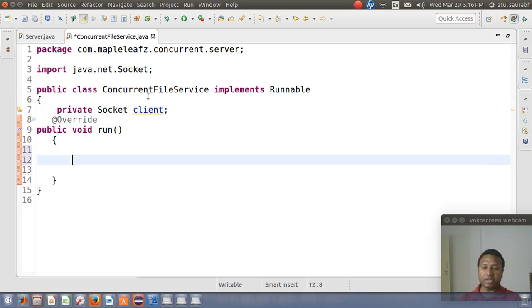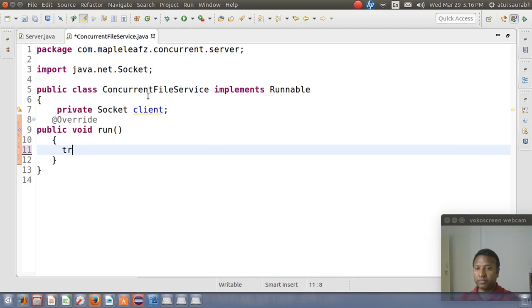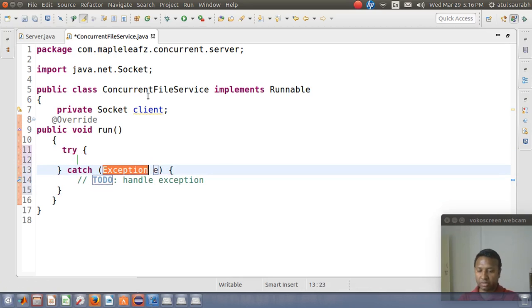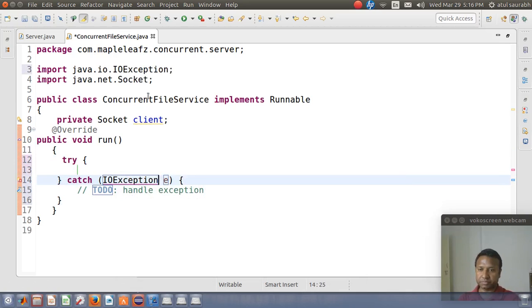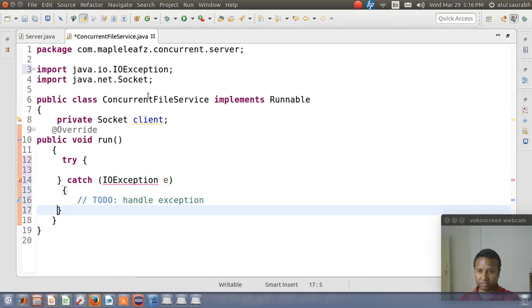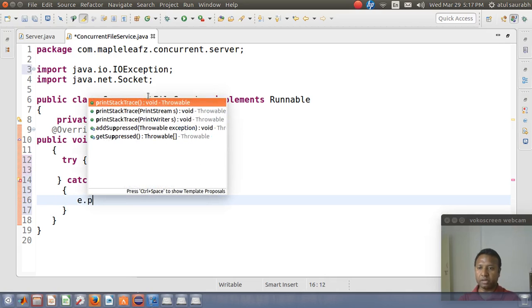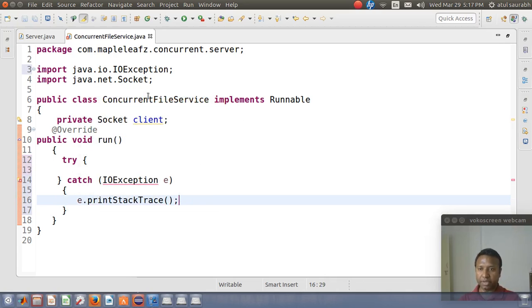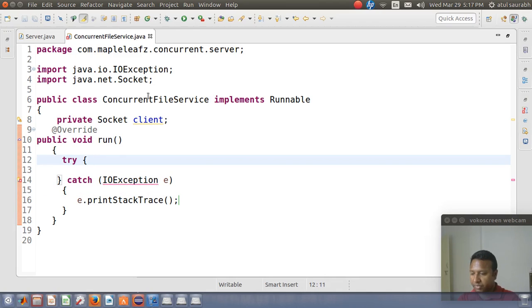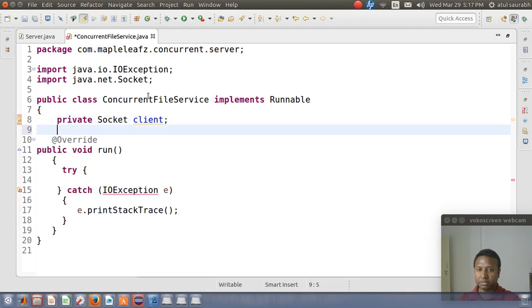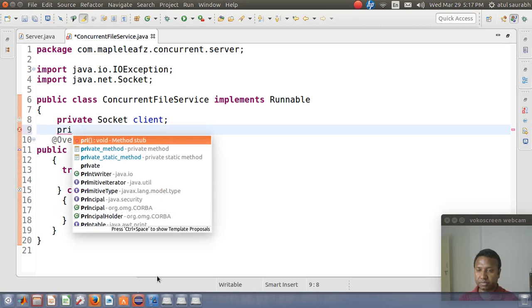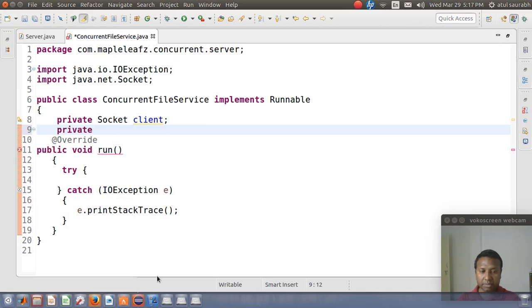Now since we are working on network and input output, we need to have a try catch block for IO exception. And obviously the server must search in a specific directory.